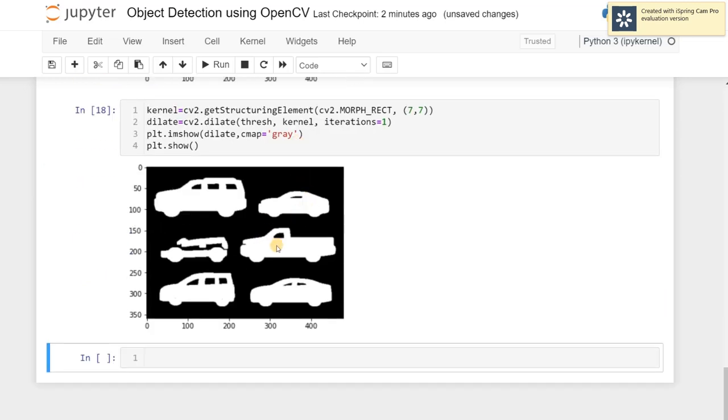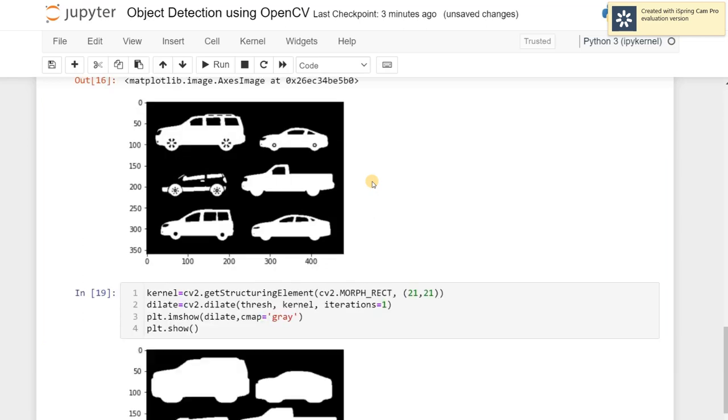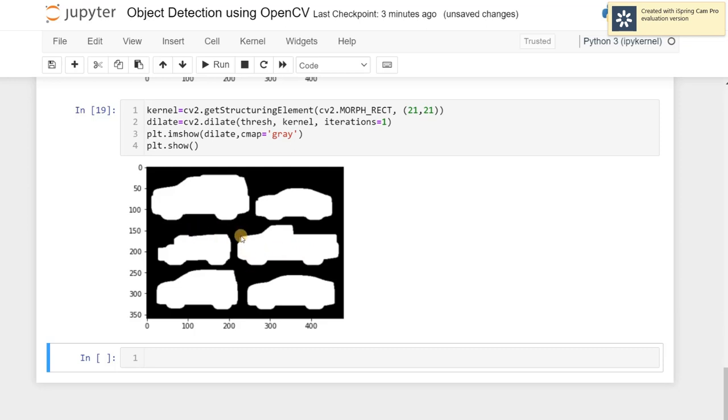So we can see that the gaps are filled, but there are still some gaps which we need to fill. We used a 7 by 7 filter, so we can use a bigger filter so that we can fill all these gaps as well. Let's say 21 by 21. Let's check. Okay, great. Now we can see that we filled the gaps in the cars. Now we can clearly see where the cars are,